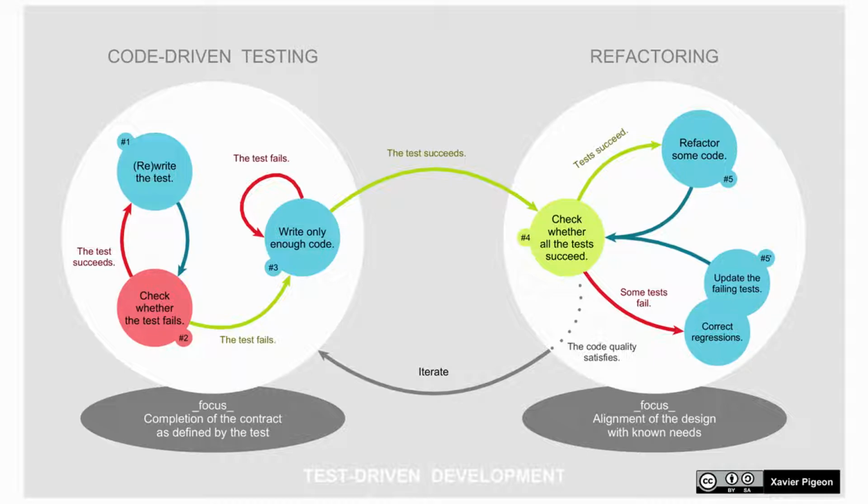We are at step number 3, write only enough code. This is a big thing, a mindset that you need to have for test-driven development. You have to understand the simple solution, quick and dirty, trial and error is the best, because it allows you not to focus, as you see at the bottom of this picture, on the design of the whole project. It gives you the mindset of, okay, I want to finish the test. This helps you to be faster, to make good solutions, and most importantly, to be on time.